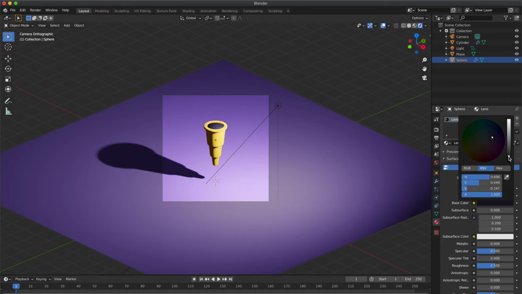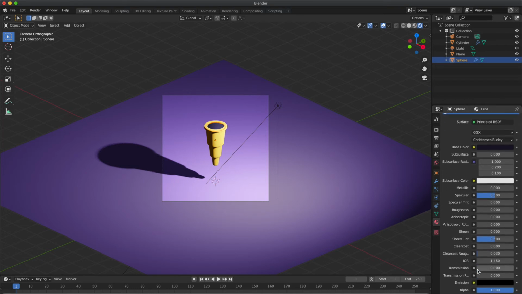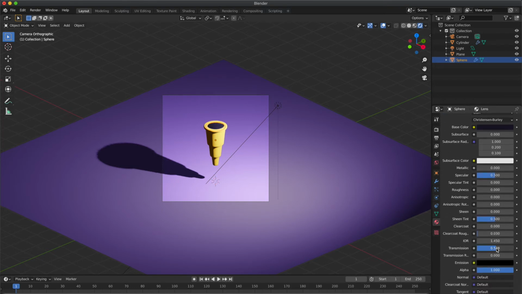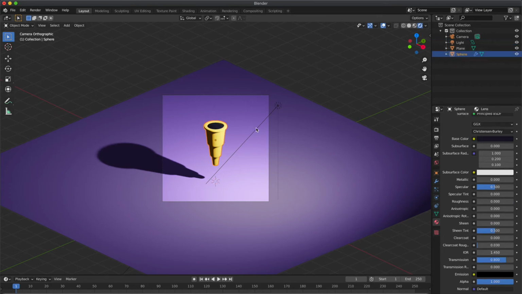I'm going with a darker shade of deep blue and increase the transmission of the UV sphere material, so you can see the reflection of light in the scene. If we change the rotation of the UV sphere, you can see the reflection of the light.